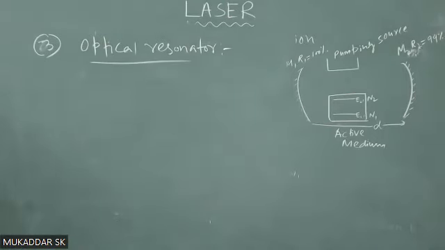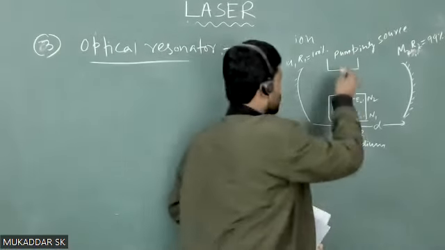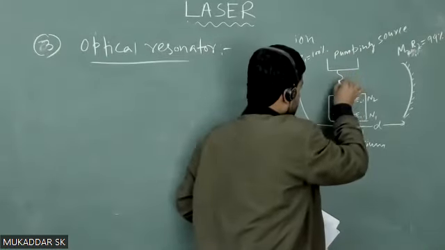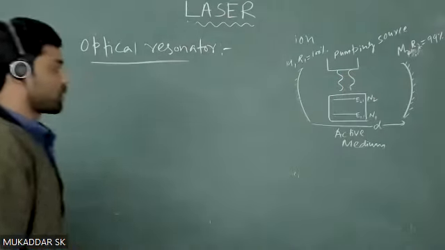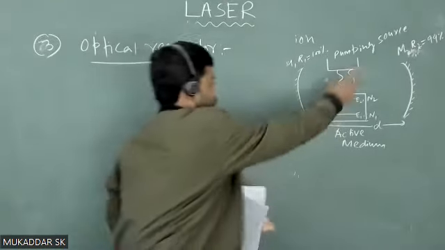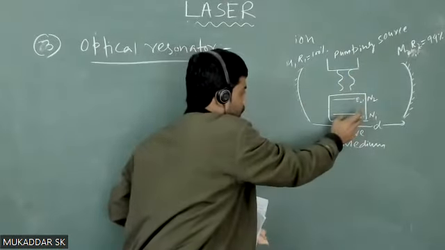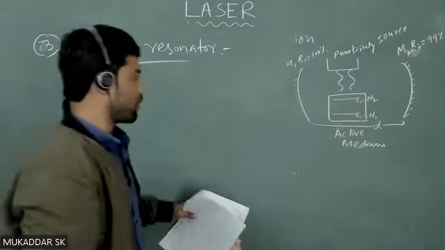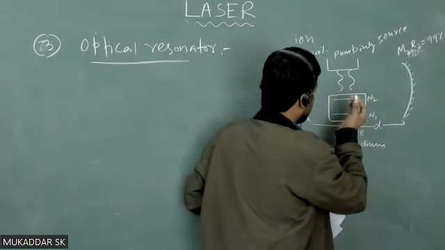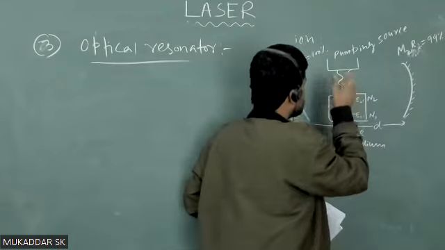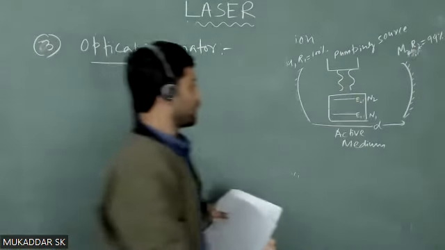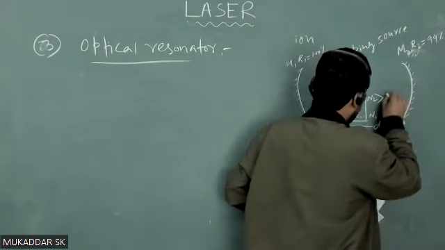Okay. Now, to understand how the laser light is produced, let us understand the mechanism. You have a pumping source, suppose a flash lamp. This lamp donates photons, and the atoms at the ground state absorb these photons and make a transition to E2. And whenever this condition is achieved, N2 greater than N1,